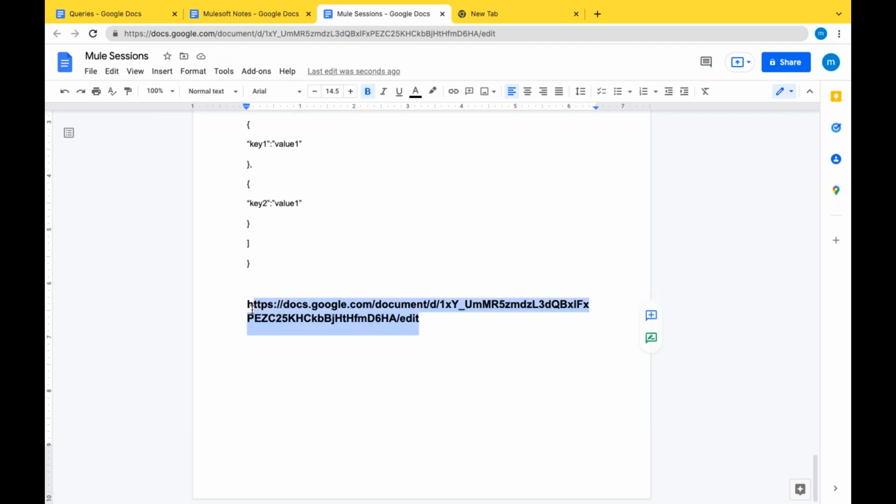Whenever I trigger it, it goes to the Google server, wherever the data with this unique ID is. This is the unique ID for this specific doc that is passed in the URI parameters. Google has already developed an API like this.